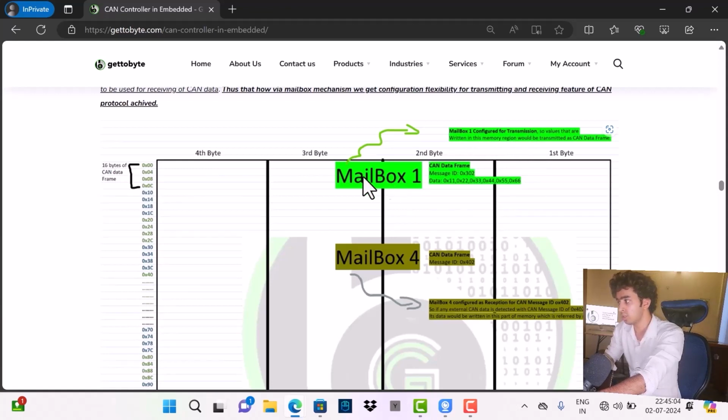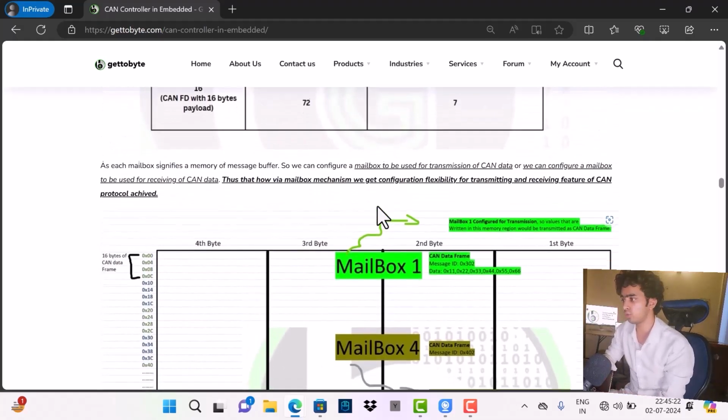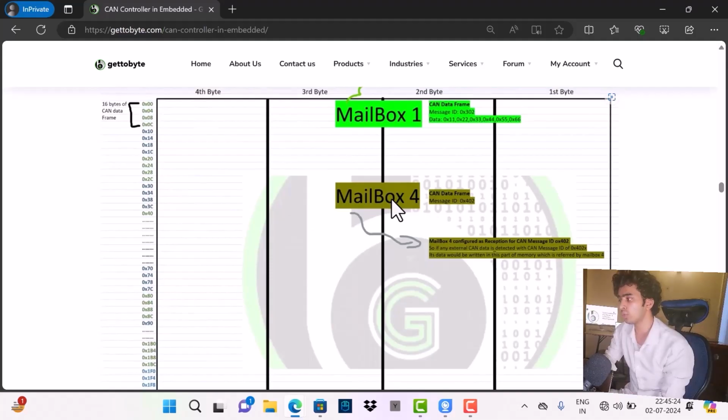So mailbox 1 would be configured for transmission, and the address denoted by mailbox 1, as mailbox 1 is the first element index, is the first address of the message buffer. On that address we start writing the 0x110203304055. Same way in the case of reception, what we do is